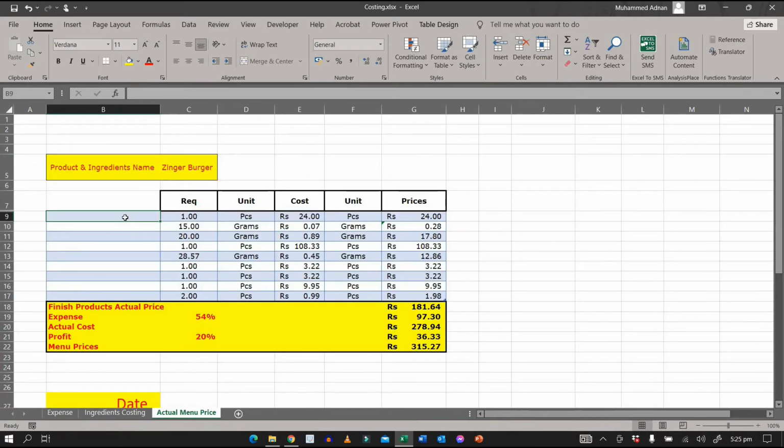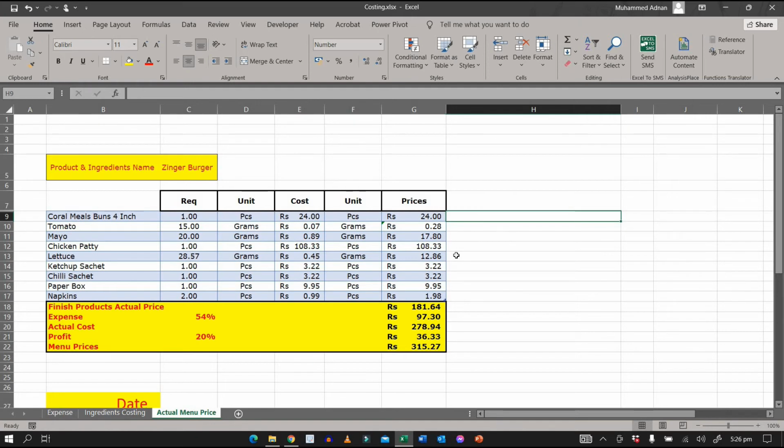For example, we need to copy the same data in all the cells, but it will take too much time if we do copy and paste. So what we will do, we will select all the cells and then we will type, for example, my channel name, Learn Technical, then press Ctrl plus Enter. You can see all the cells have copied the same data.